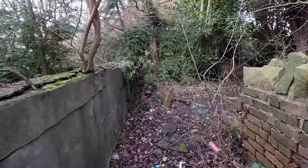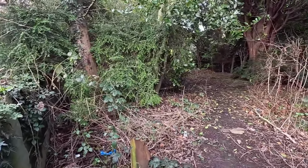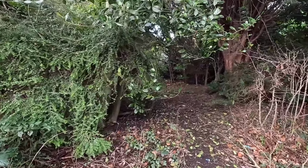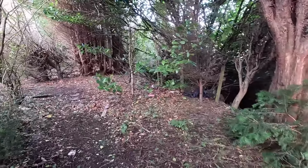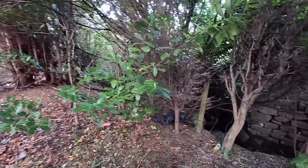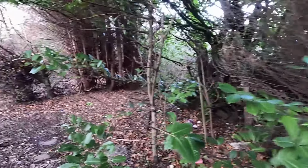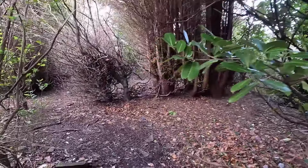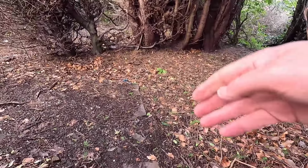Now, whether this was just a garden area, maybe it was a communal walkthrough to reach the other properties, and we'll just have a look and see what foundations are still here from the property. There you can hear the sound of the brook there. So we've got some sort of stone down here,